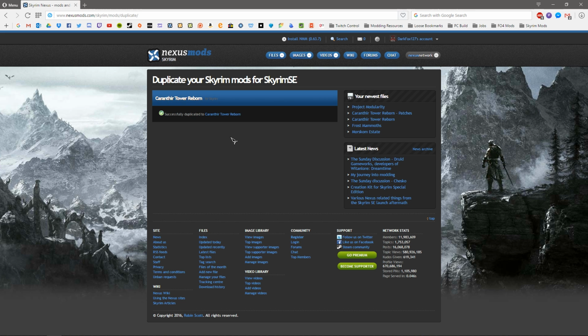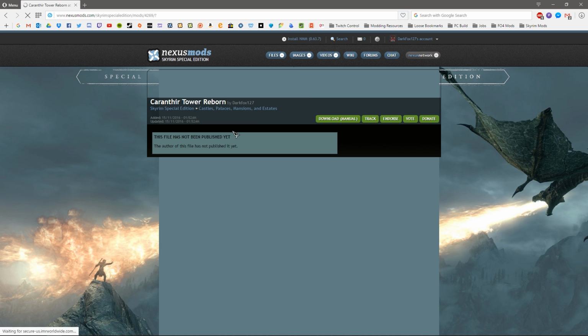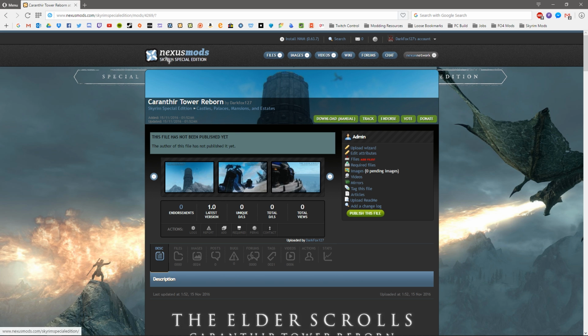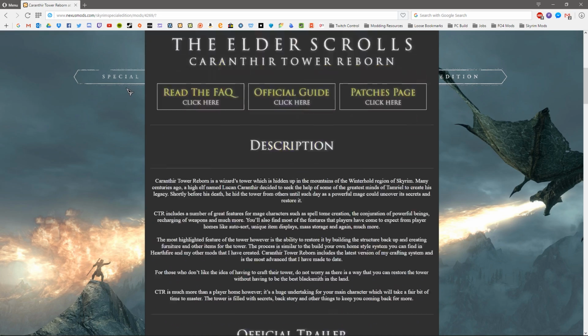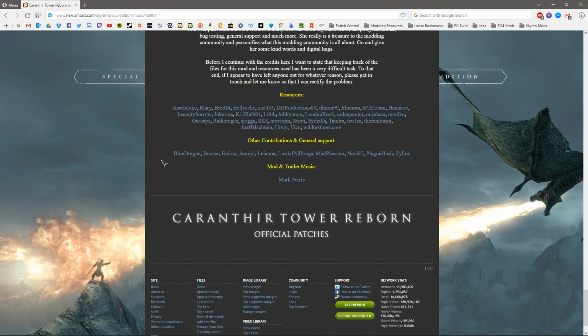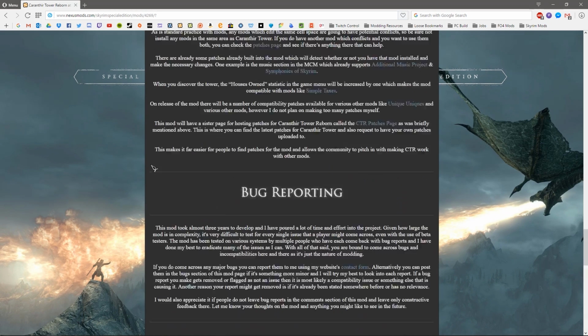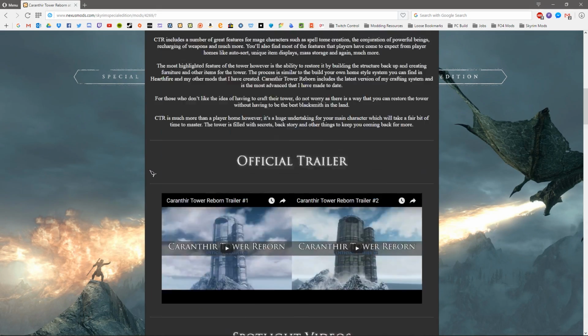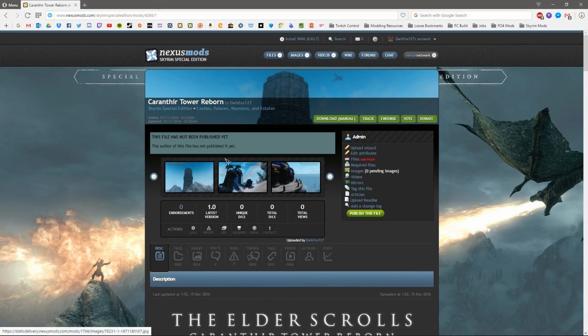on Special Edition. Give that a moment. It says successfully duplicated to Corinthia Tower Reborn. Click on that. You'll see that it's now on the Special Edition version, and you can go ahead and treat this as a separate entity now, and you can make any necessary changes you need to in the description here to say like this is now an SE version or whatever. You can go ahead and change the images so they look like they do in the new Skyrim Special Edition,